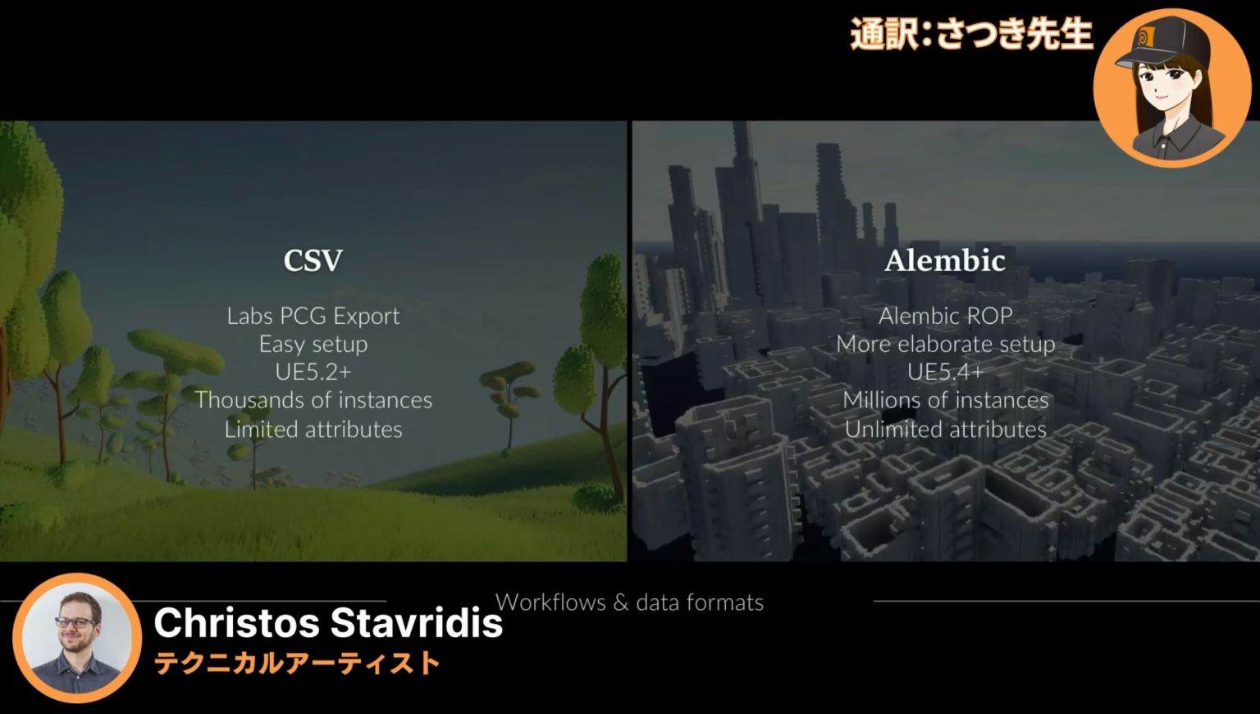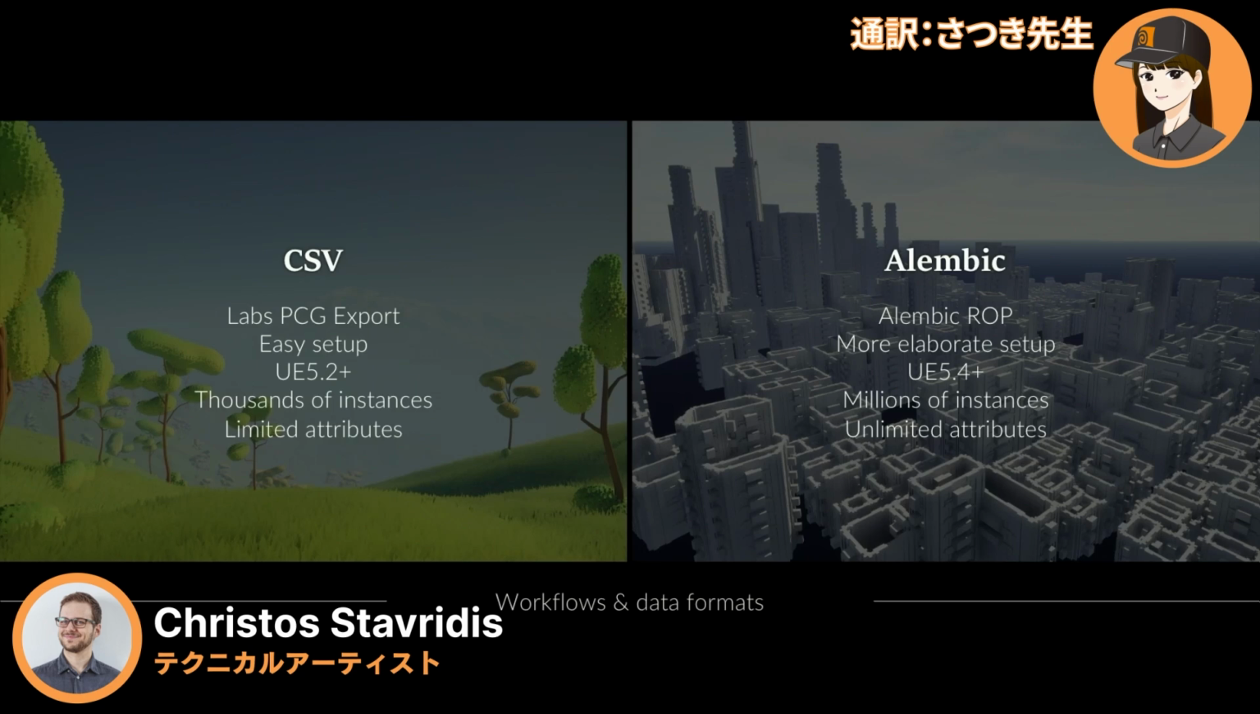The alternative data format you can use is Alembic. そこでですね、別のデータとしてアレンビックというフォーマットが挙げられます。You only need to use the Alembic ROP inside Houdini. Houdini でやる作業としてはですね、アレンビックロップを使うだけです。But it has a more elaborate setup to read it inside Unreal Engine. 一方でですね、ちょっとリアルに持っていくような設定がですね、複雑になるかもしれません。It requires UE version 5.4 and up. アンリアルの 5.4 以上が必要です。And you can have millions of instances and export unlimited attributes. 数百万にわたるインスタンスが配置が可能であって、アトリビュートに対しても特に制約がありません。